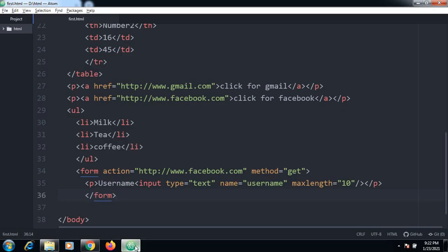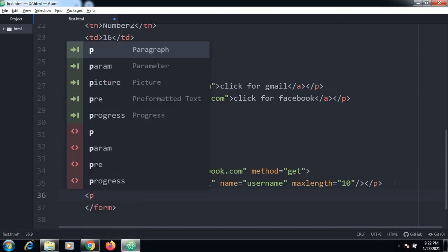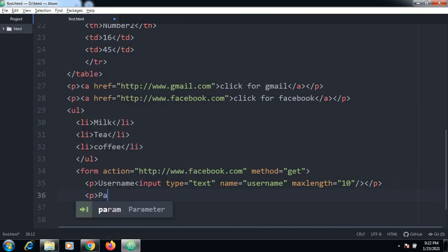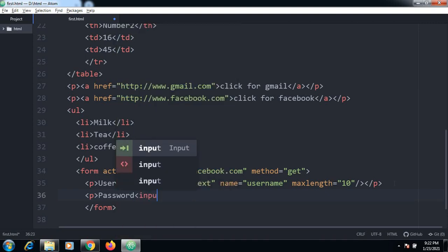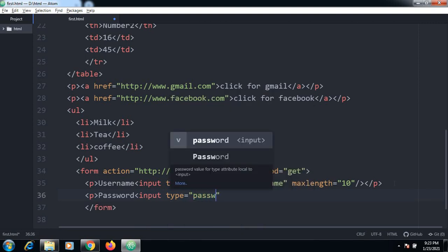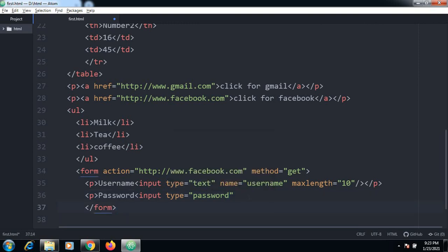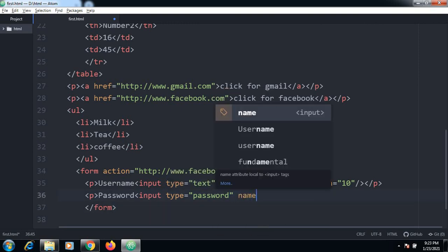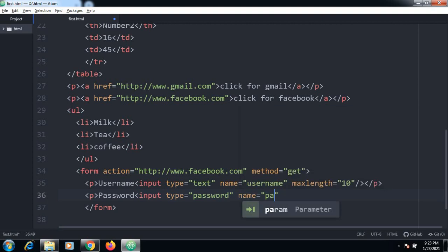So here we can also make use of passwords. What is the use of this password? If you want to create a password, you can make use of the password type. So name is equal to password.